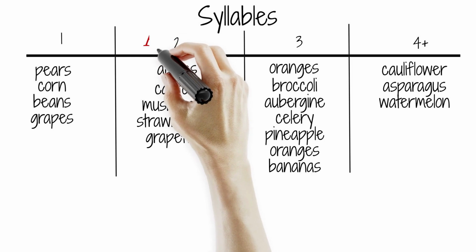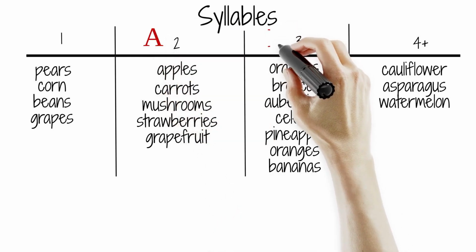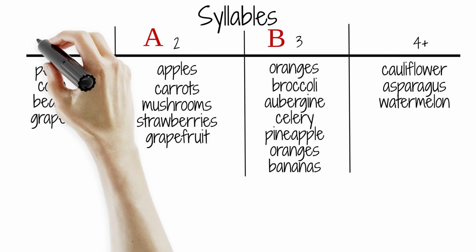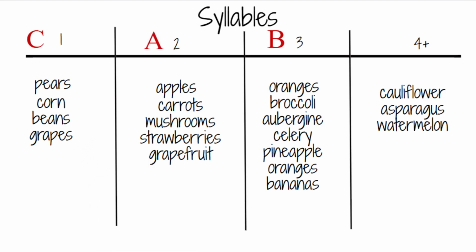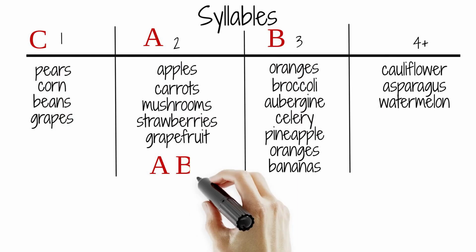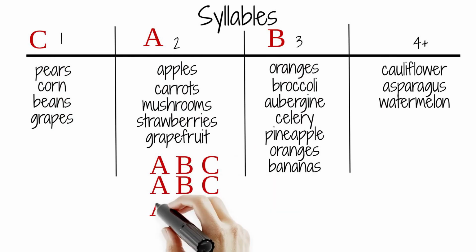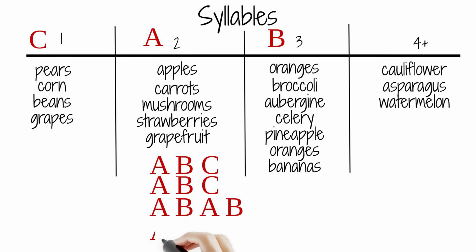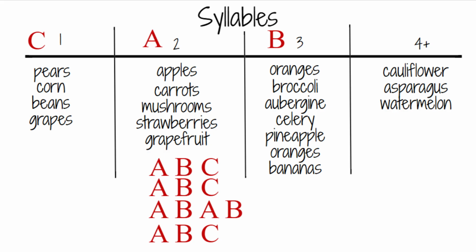So we're going to create a chant using A equals 2 syllables, B equals 3 syllables, C equals 1 syllable. A really simple and catchy formula. We will repeat it like this. A, B, C, A, B, C. A, B, A, B, A, B, C. So if we had A as apples, 2 syllables, and B, oranges, 3 syllables, and C, pears, 1 syllable,